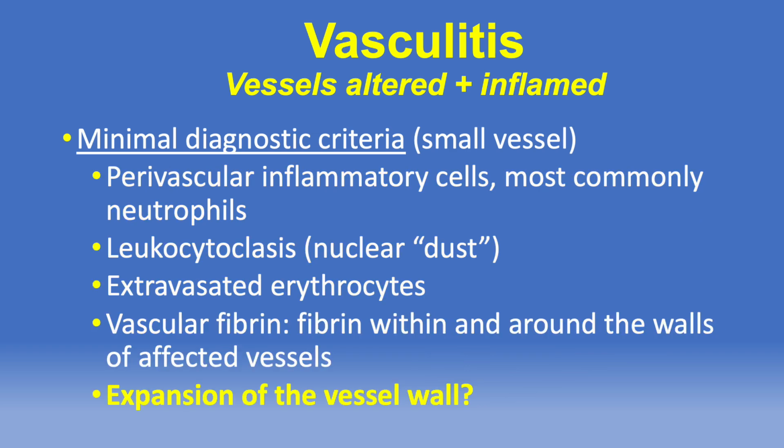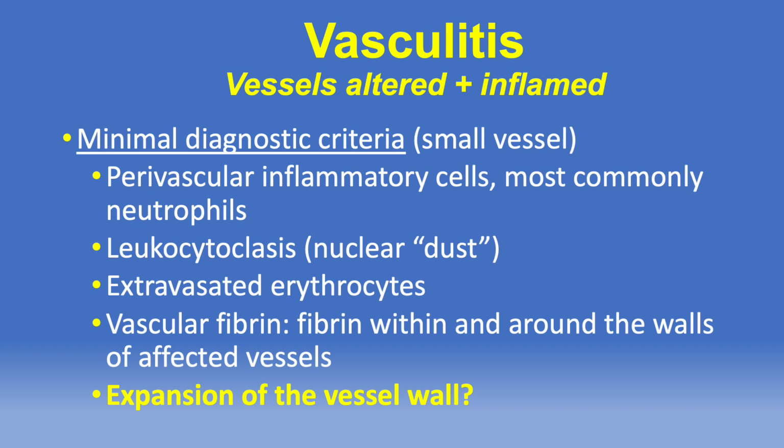When reading about diagnostic criteria for vasculitis or listening to or speaking with others, other criteria are listed, but in my experience, they're not as helpful. One of them is expansion of the vessel wall, and that can take at least 2 guises in my experience. One of them is endothelial cell swelling, which is enlargement of the endothelial cells lining the affected vessels. And first of all, I think that's fairly subjective. And secondly, I find that that finding, if present, is invariably present in conjunction with the other 3 or 4